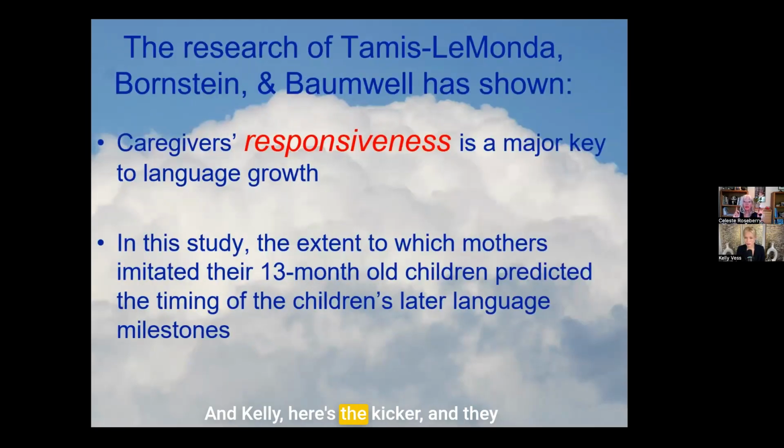And Kelly, here's the kicker. They have research out of Sweden too. What we used to think was the waterfall of words was just talk, talk, talk to your child. Thomas, Lamonde, and Markland et al. found that the most important thing is to respond right away. If a child reaches out and goes, ah, oh yeah, you see the watermelon over there. But what really harms kids is when they repeatedly try to get our attention and we're ignoring them.